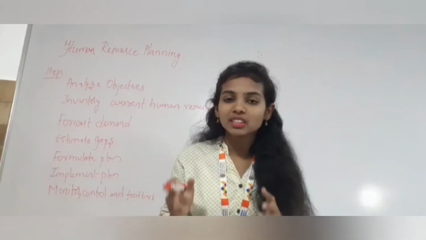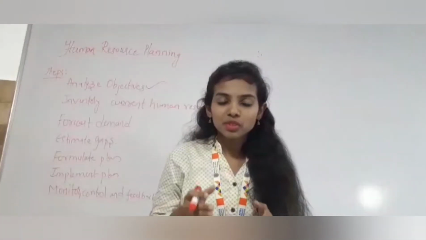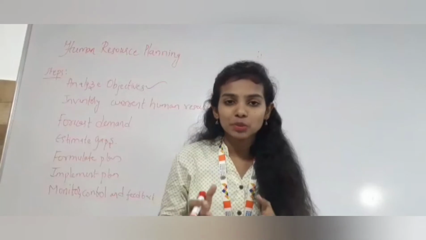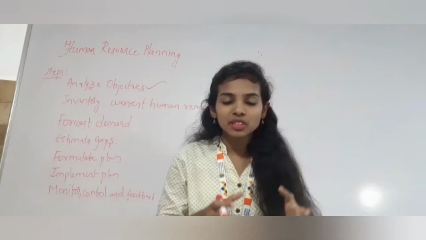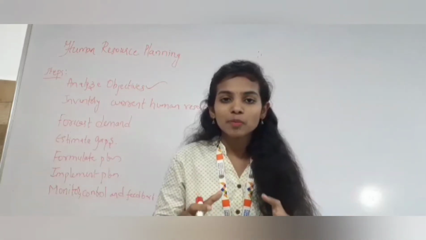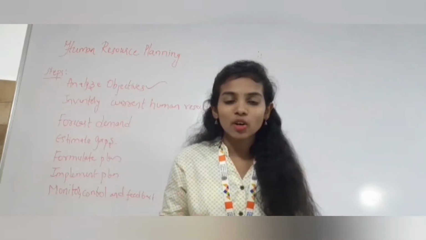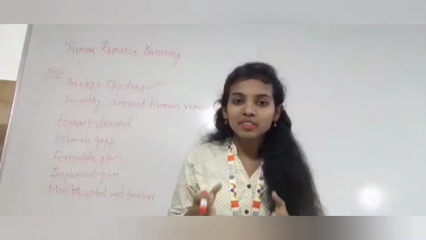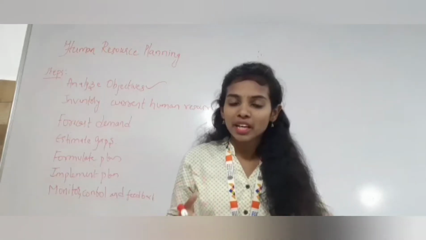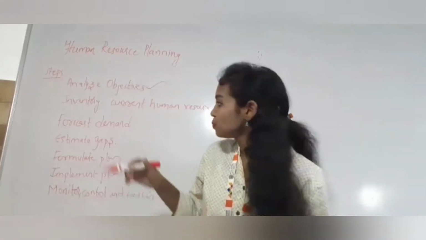So how do we conduct this planning process? First one is analyze the objectives. First we have to analyze what the objectives of the organization are, and if we frame the objectives in a proper manner, we will follow them accordingly. We will have an idea about what should be done in an organization and what type of people we should hire. So these all come in the objectives. When we have clearly framed objectives, we will follow them and have a good idea about what the objectives of the organization are.